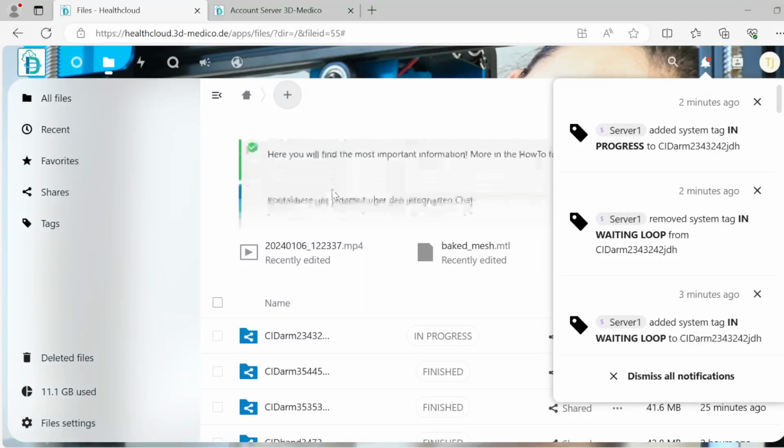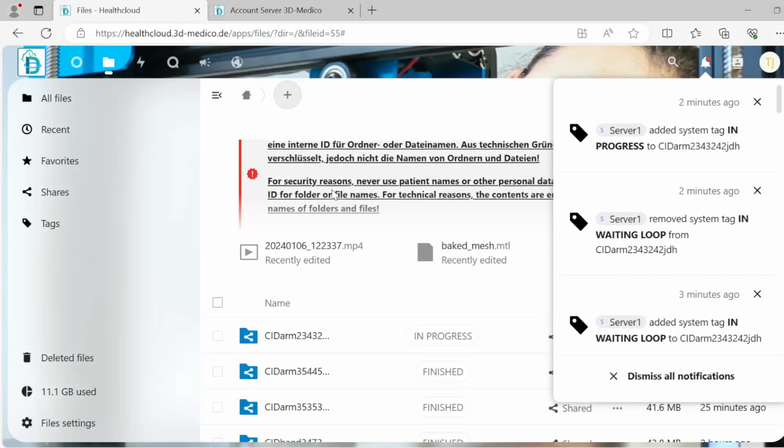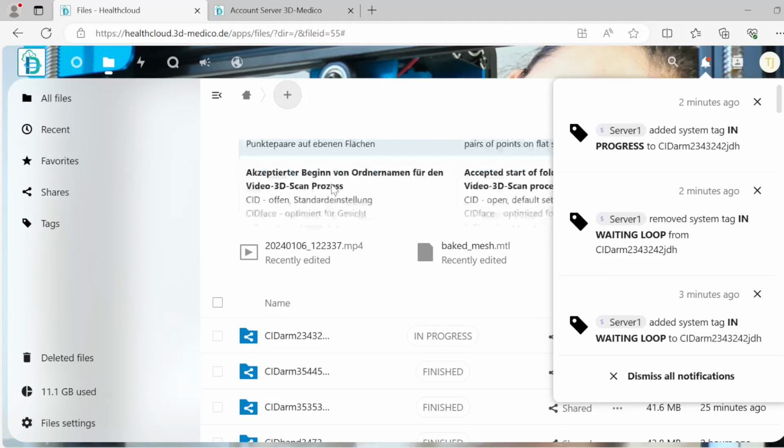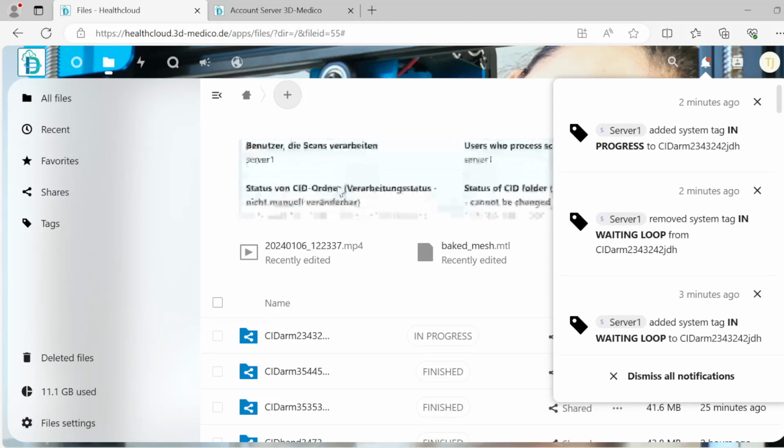Also here in this file, as I said before, you can find every time important details in German and English, if you like to have it,